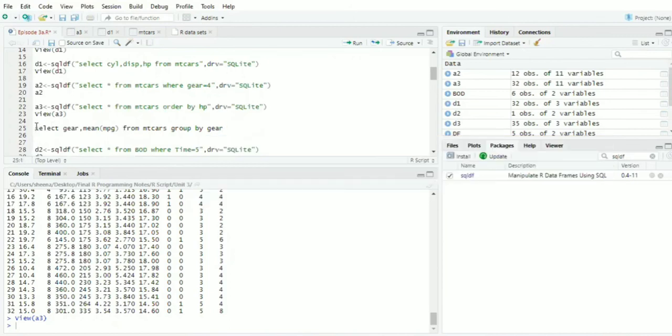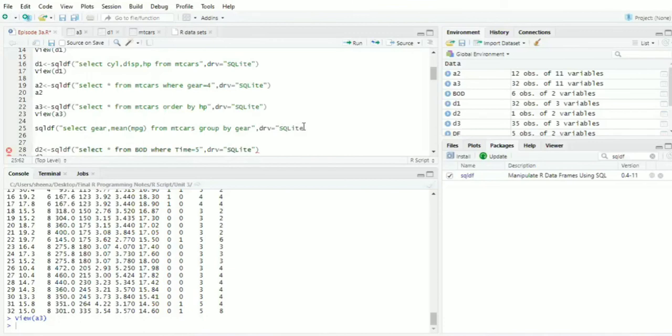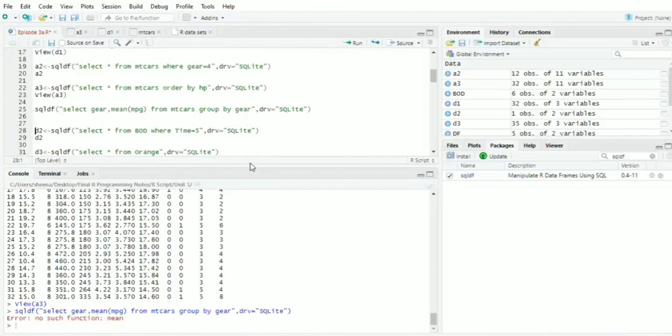Now I have to use this command within sqldf, so I'll put it in double quotes, and I will have to use a driver, enclosed within double quotes, so that it specifies in our environment that this is a SQL query which has to be run. Then I will execute this query.